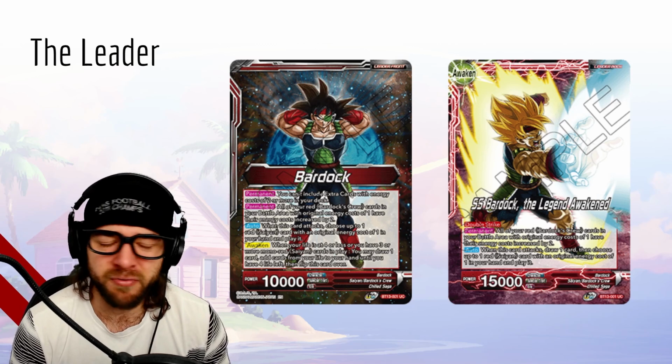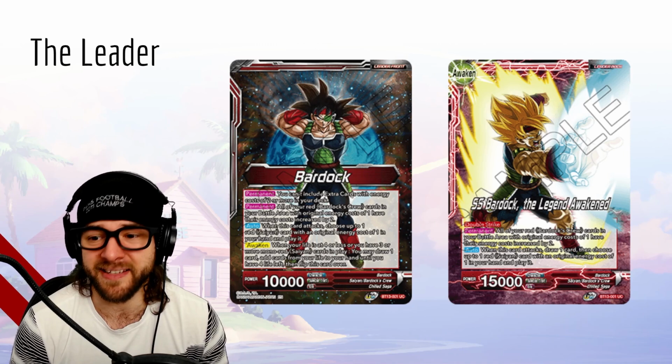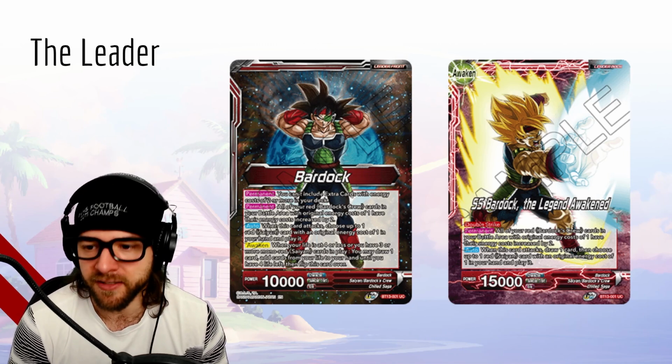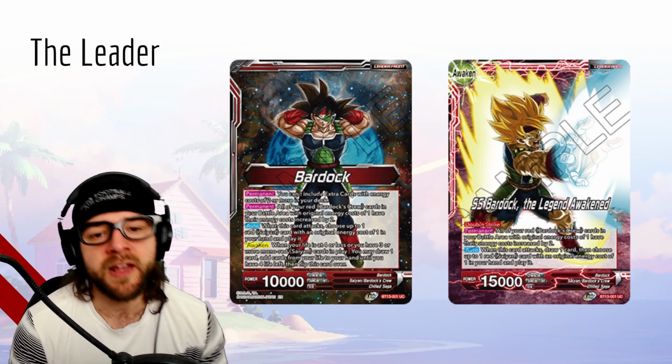So with red leaders, we've been seeing lately that awakening hasn't really been an issue with them, especially with all the alt awakening conditions. This one is no different. So I think one turn of not being able to draw isn't the end of the world, given that on the backside it does. And you get the benefit of just having a double striking leader, which is great because